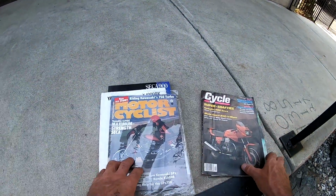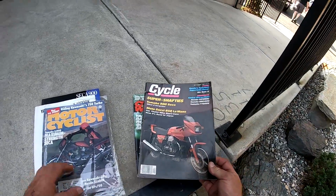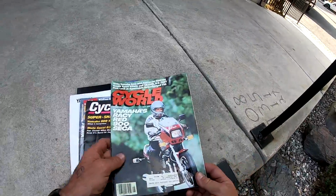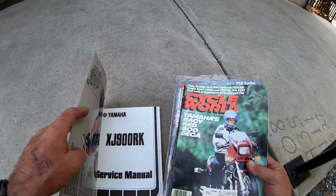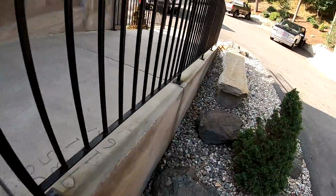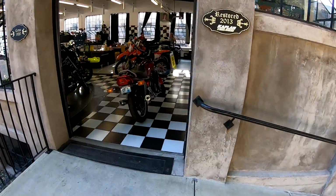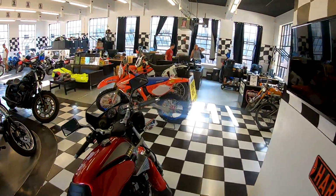He's also got the magazine, the Yamaha XJ900 Maximum Strength Seca. He's got the Cycle World magazine right up. What a surprise. And then the Cycle World. So he's got the 3 magazines the bike was in, the owner's manual. He's got a Vermont Rhode Island registration for it, and it was built by a guy, a labor of love, who spent 2 years of his life crafting this thing to perfection and making sure it was perfect. So if you have any questions about it, please call us